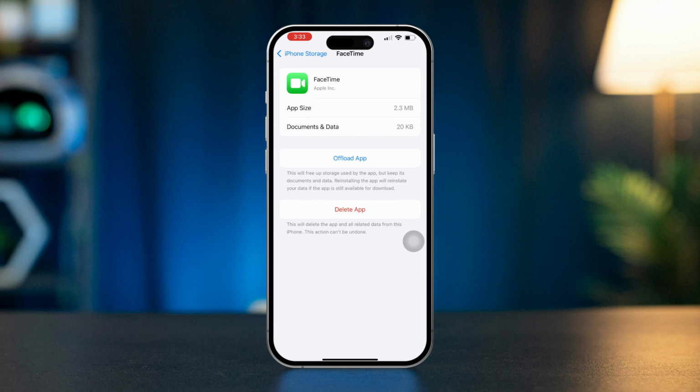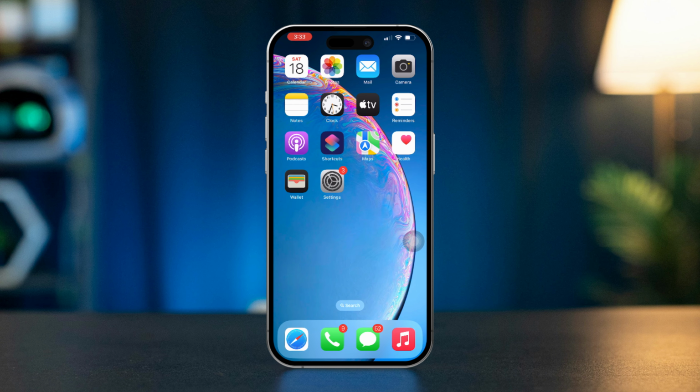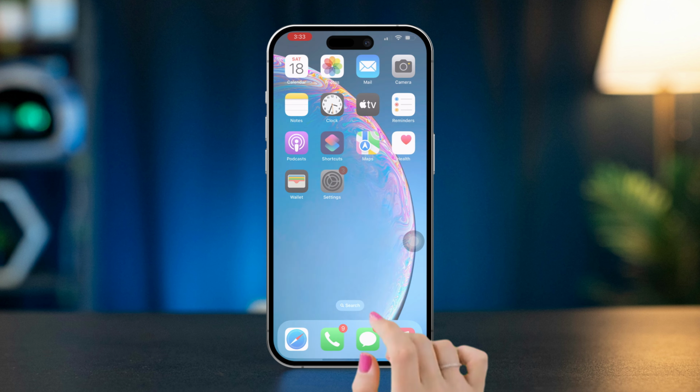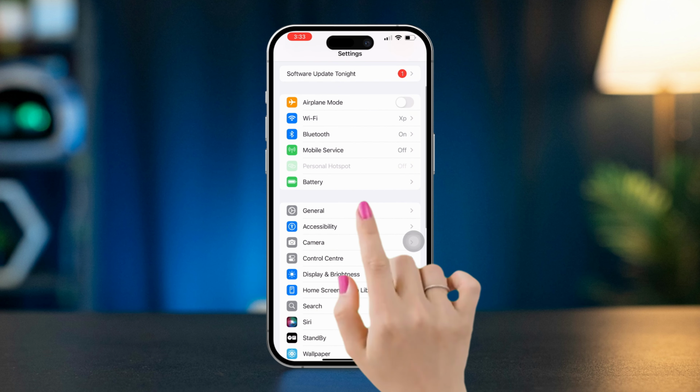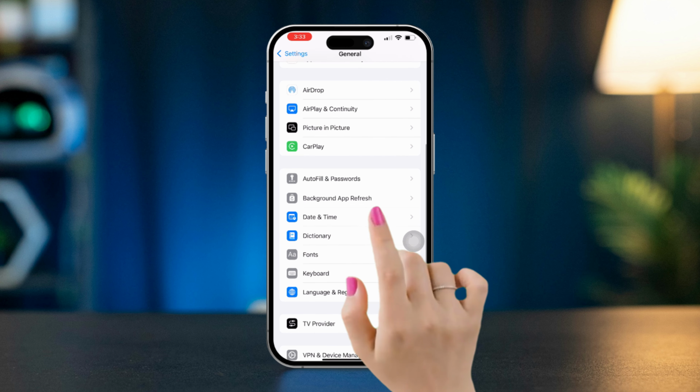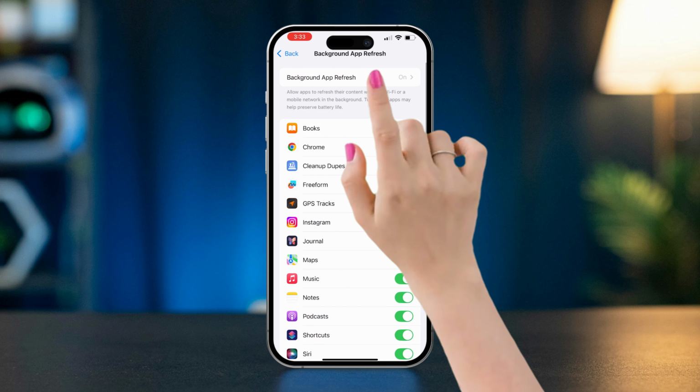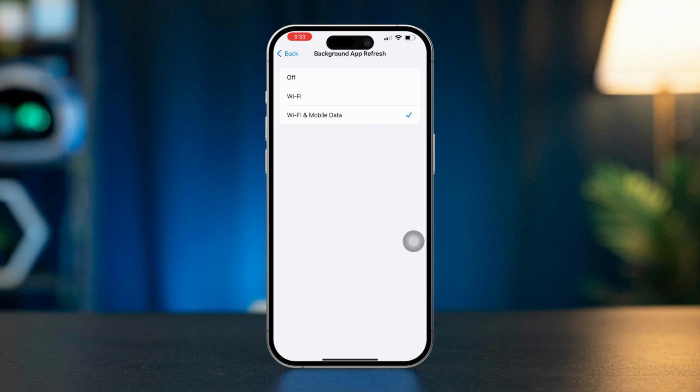Solution 4: Enable Background App Refresh. Open Settings, scroll down, tap General, scroll down, tap Background App Refresh. Make sure Background App Refresh is set to Wi-Fi and cellular data. Scroll down to ensure both iMessage and